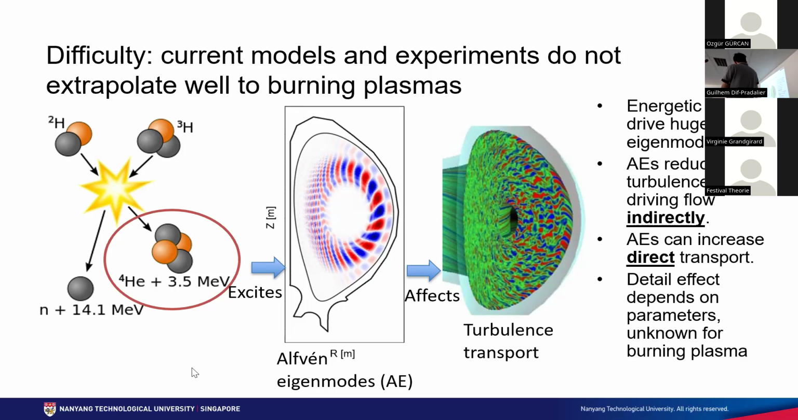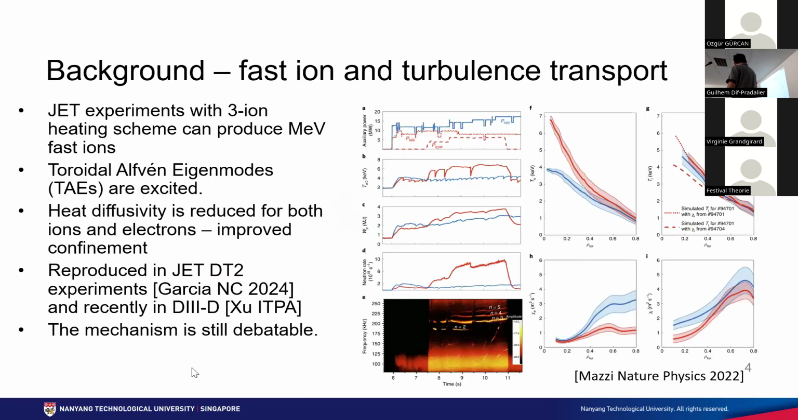There are many ways they could interact, but what people have mostly been discussing in recent years is that zonal flows are driven by the alpha negative modes. Those zonal flows, as you will know, tear apart the turbulence eddies, and this is a way to suppress the turbulence. That's why we are interested in this problem. One of the experiments recently published in 2022 shows that if you have really very high energy particles, in this case a JET experiment with a heating scheme called the three-ion heating scheme,